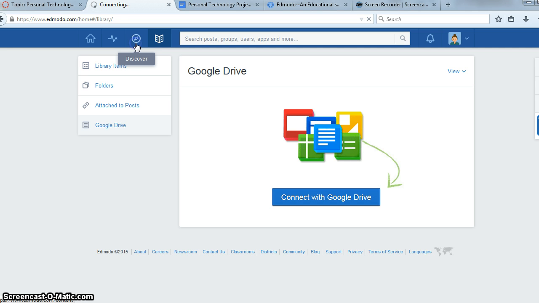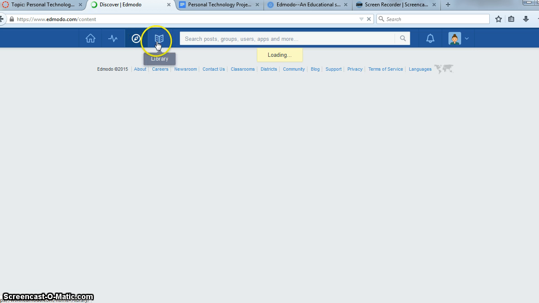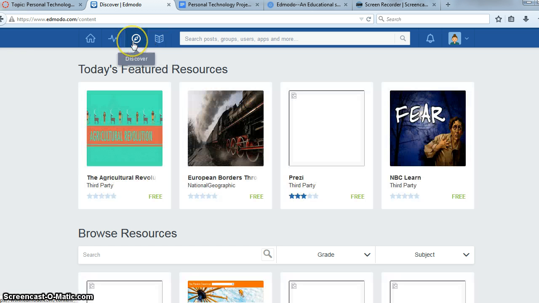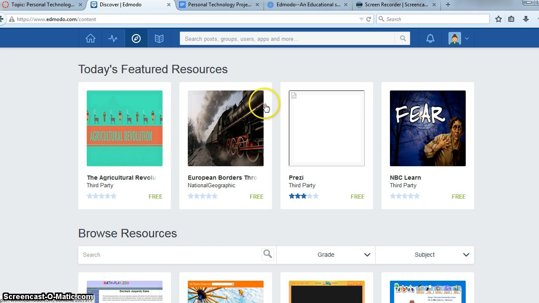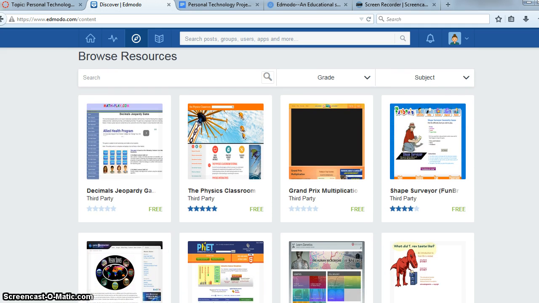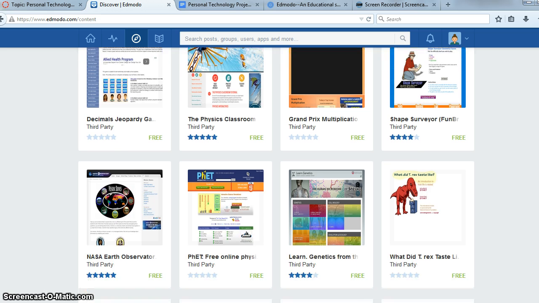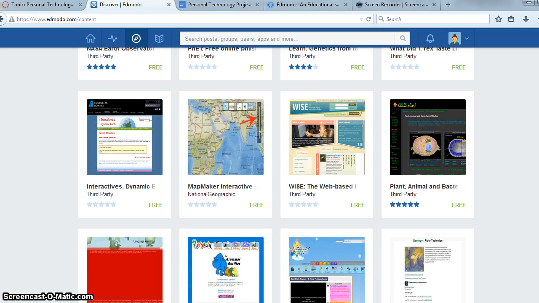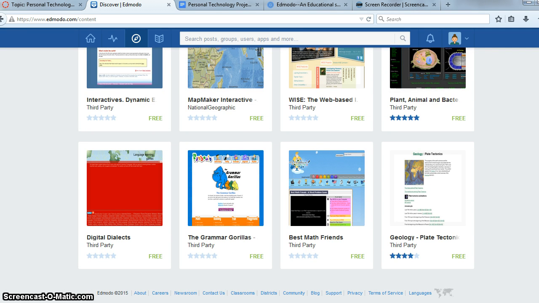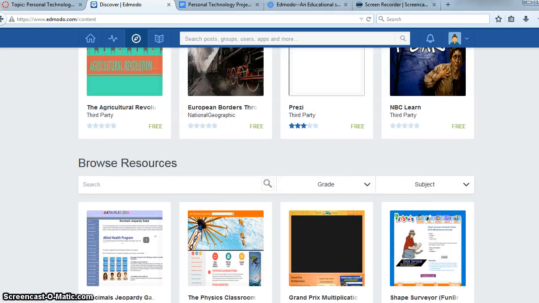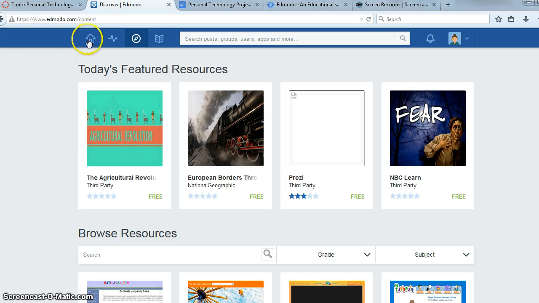For instance, this Discover is another way to gather resources. So the first way in the library is your own personal resources that you're gathering, and then this Discover is you gathering other resources. So for instance, it shows that there's these other games or apps or educational tools that you can use. For instance, Prezi, like we've talked about using in this class, I could click on that and learn more about that. So there's the featured ones at the top, and then as I scroll down, I can see that there are other resources that have been gathered that I can look through and see if there's anything helpful for my class. There's map making tools, grammar games, and then I can go back home